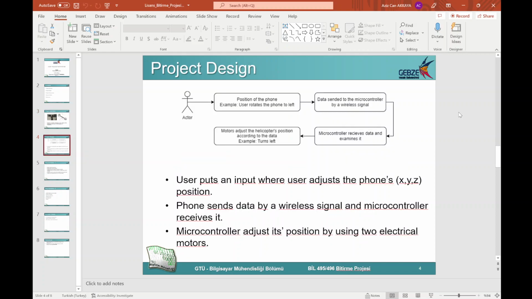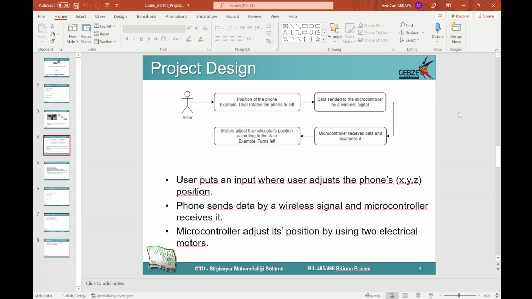The project design is simple. The actor sends the data through its phone, where the phone stands in space, and that data will be sent through wireless communication and received by the microcontroller's wireless communication module, and then the controller examines the received data and moves itself according to the data.